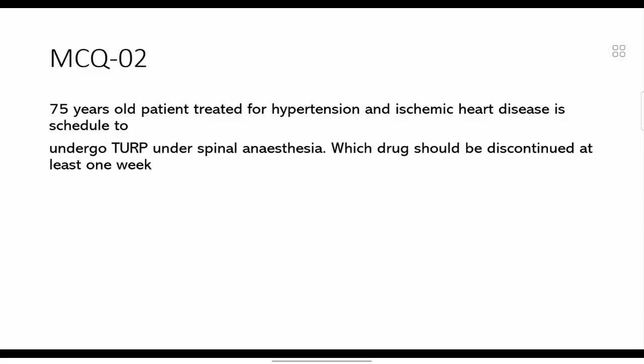Other two main drugs, aspirin and clopidogrel. Aspirin can be continued throughout the surgery. No need to